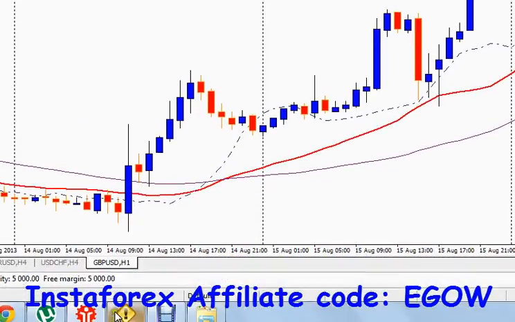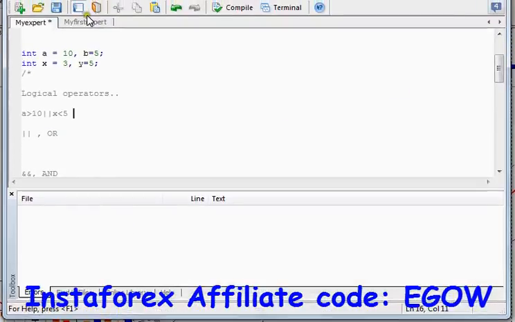In this case we'll use this OR operator, because we'll make variables which represent the one moving average, the other moving average, and the current price. And we'll write: if the price is greater than moving average 1, or the price is greater than moving average 2.